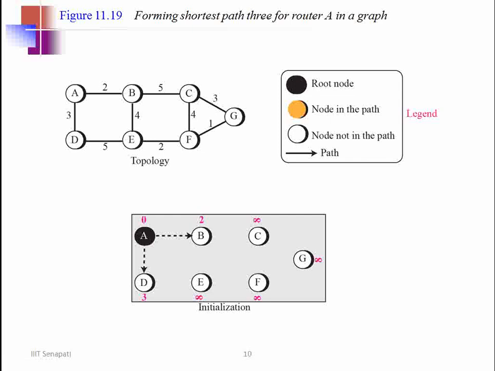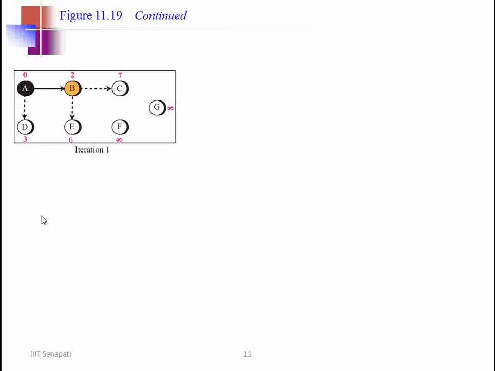That is a very simple thing. Now there will be iterations, and in each iteration you will try to add one more node. How will you do that? In the next iteration, you go through the path metric, which was 3 and 2. So B was finalized. I should say it was included in the path, and then the other paths were updated. Shortest distance to D was still 3 from A.